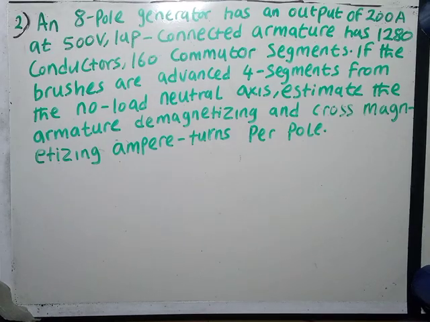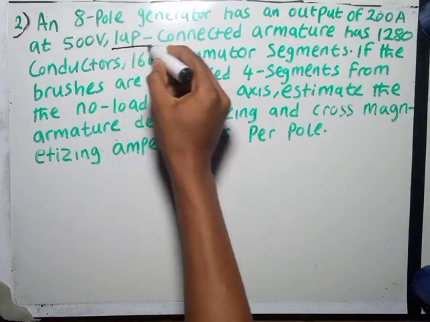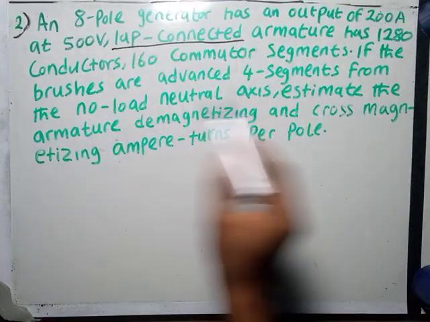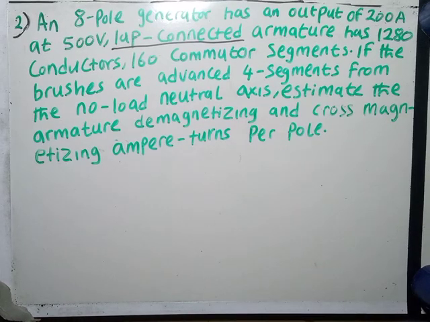Good day all. We'll be looking at another example under Armature reaction. Now our question says an 8-pole generator has an output of 200 ampere at 500 volts. Lap connected armature. We need to know this. Lap connected armature has 128 conductors,